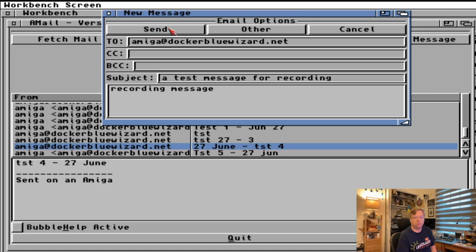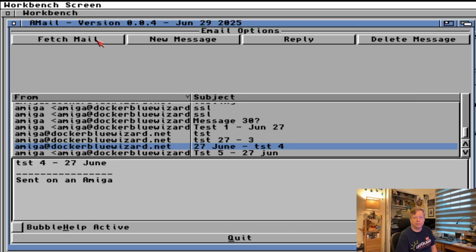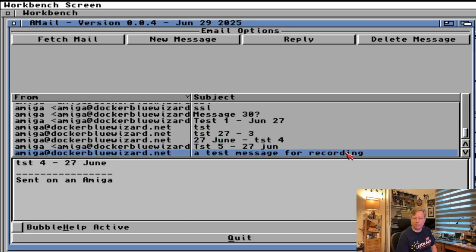It should send, hopefully, and then fetch mail, and it shows up on the bottom. So this all still works. This is great. It's working on my Docker instance,